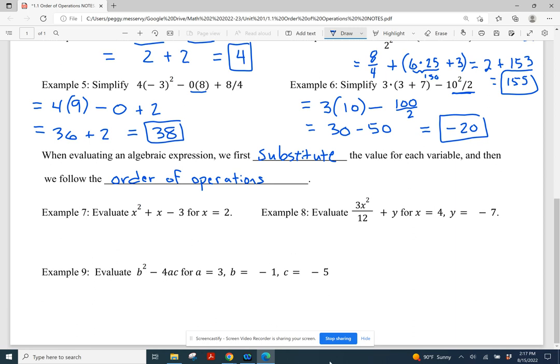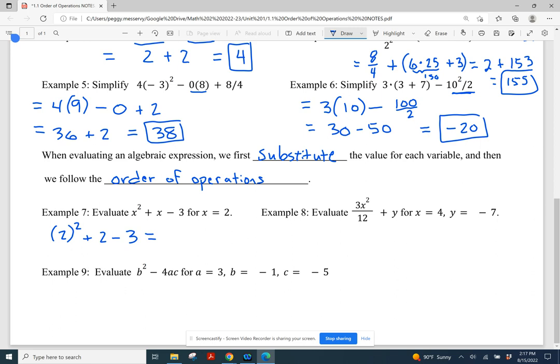Example 7, evaluate x squared plus x minus 3 for x equals 2. What we're being asked to do is just replace the x with a 2. I like to put parentheses around my variable value when it's inside of an exponent because those parentheses can make a difference. So I've got (2) squared plus 2 minus 3. So we plug in or substitute the 2 for the x, and then we need to